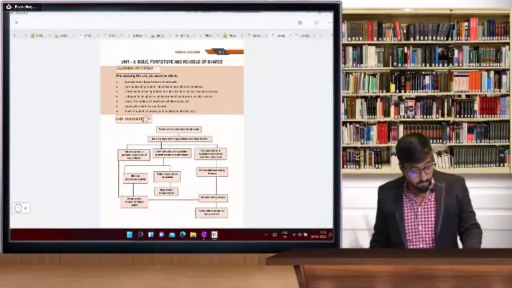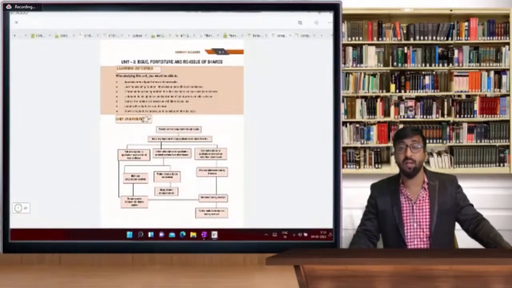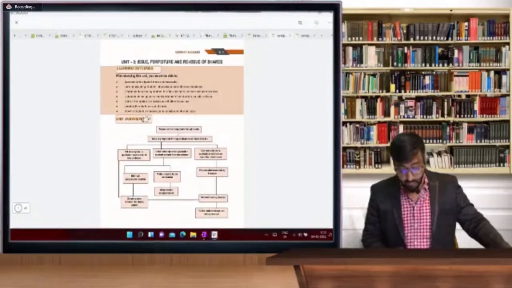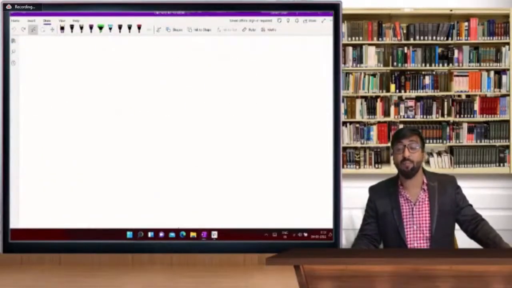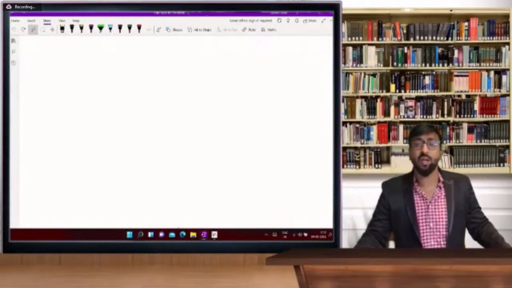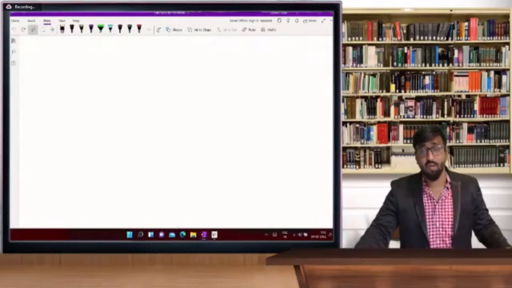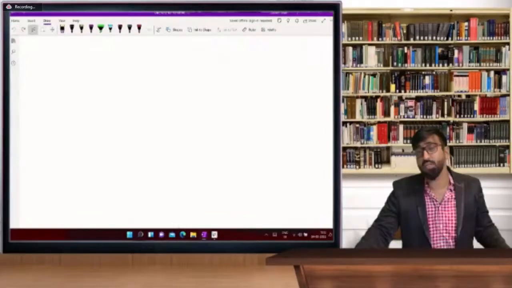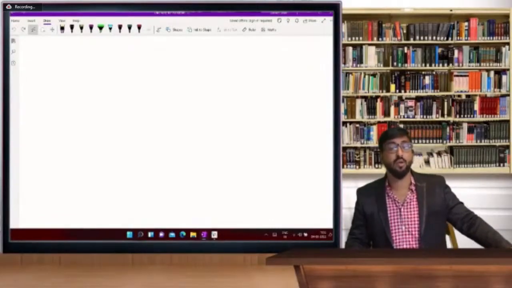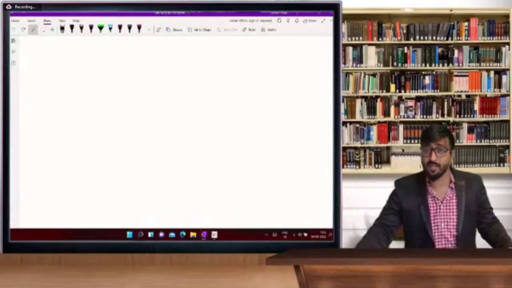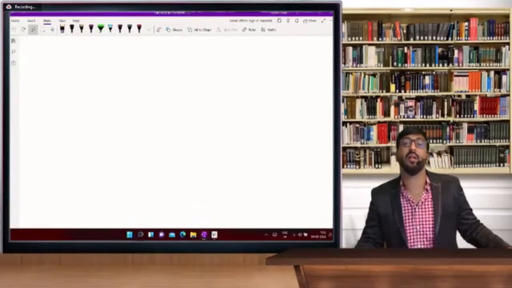So, company accounts, first entry, if you remember: bank account debit to equity share application, and then equity share application account debit to equity share capital. Application will get cancelled because it is a temporary account. Allotment account debit to equity share capital, and bank account debit to equity share allotment. Allotment will get cancelled, and equity share capital we will carry to the balance sheet. First call: first call account debit to equity share capital, bank account debit to equity share first call, and second call account debit to equity share capital, and bank account debit to second call is the last entry.